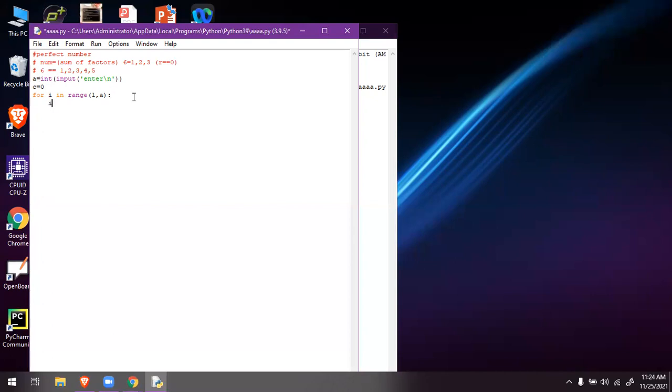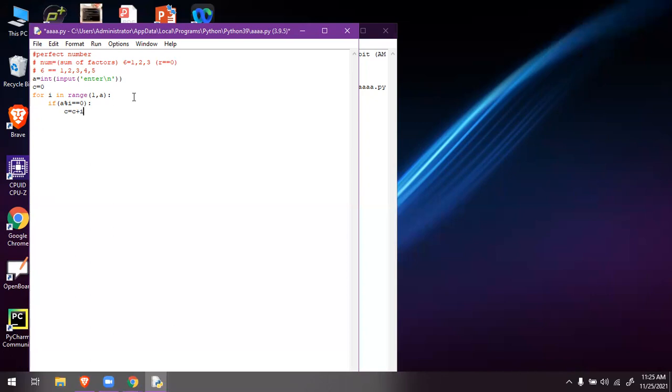So what I am doing is dividing. If I take the number and the intermediate value and make a modulus division, if I get 0, then I have to add this value to C: C equals C plus i.